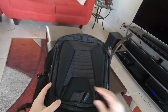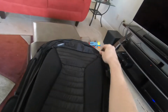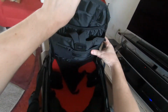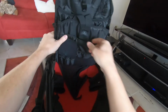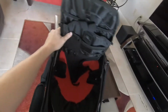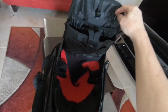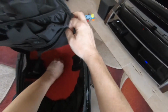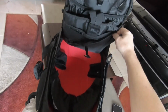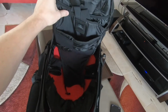Let's open it up and see what we got inside, because this is, to me, where it really starts to shine. When you look at how much is offered here, what this backpack is capable of doing, and specifically for the motorcyclist, but I think technically anybody can use this. It'd be a cool backpack for any use, but of course it's designed for motorcyclists, and even specifically sport riders. So inside here we've got a nice cargo area. It's big enough that you can hold a pretty good amount of things in there. It's not a huge backpack by any means. I forgot the exact square footage of it, but it's very usable,